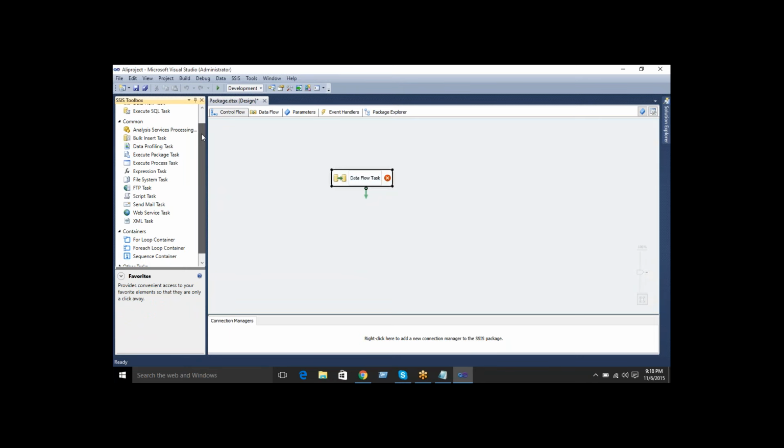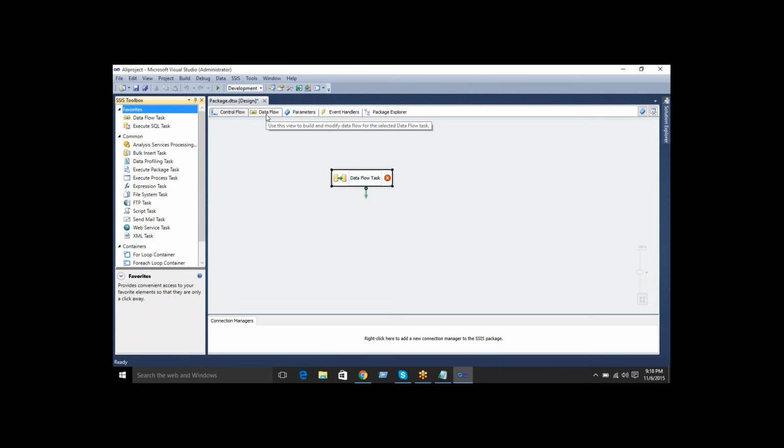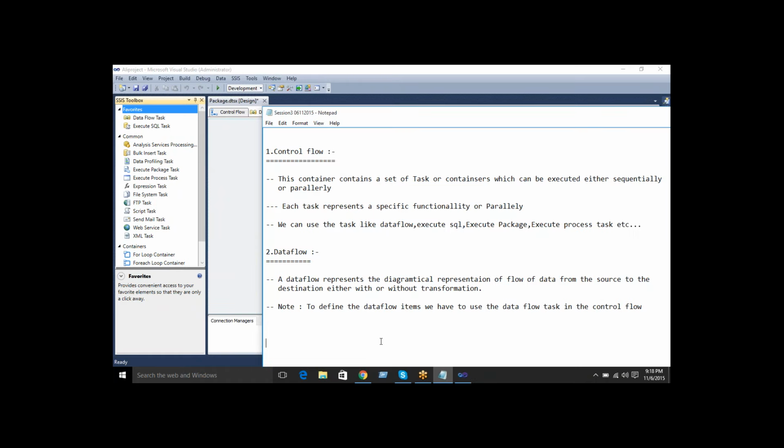Without a data flow task, you are not able to use any items in the data flow. So this is called control flow and data flow.